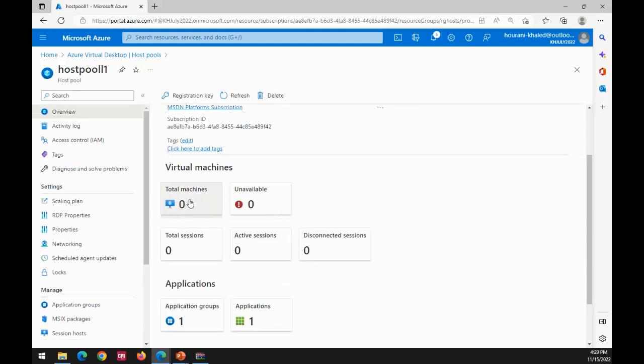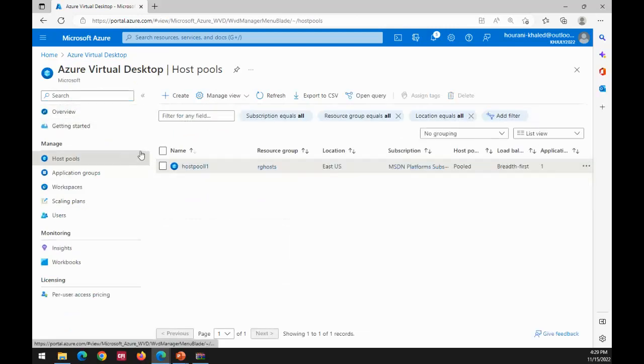I didn't create any virtual machine in this one. Maybe sometimes you have 3 or 4 virtual machines, or 100 or 1,000 virtual machines. Some of them might not be available. Here you can see the number, say we have 5 virtual machines, and maybe one of them is not available. So here is an alert for you to go and check why this virtual machine isn't working. You can check there, go on with your diagnostics and see what is going on. Let me get back to the host pool and show you how to create a new host pool